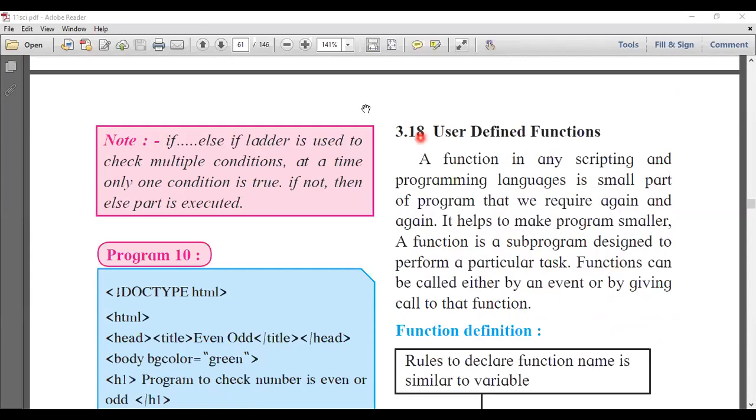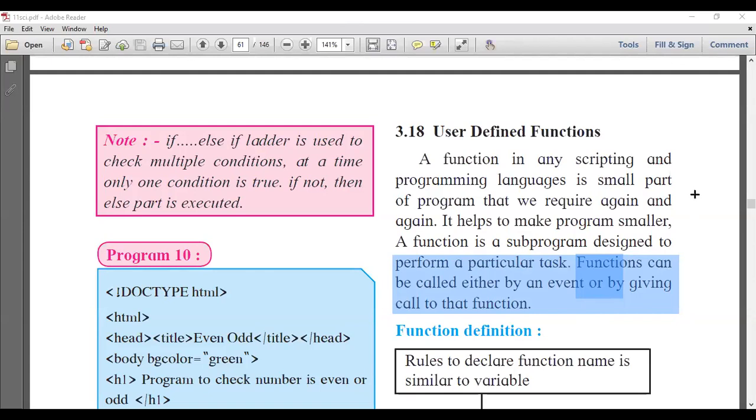This part is very important. What it says is that a function can be called either by an event or by giving a call to the function.